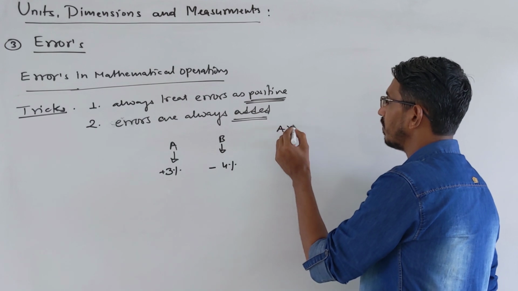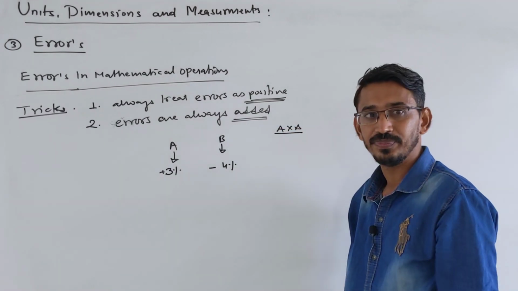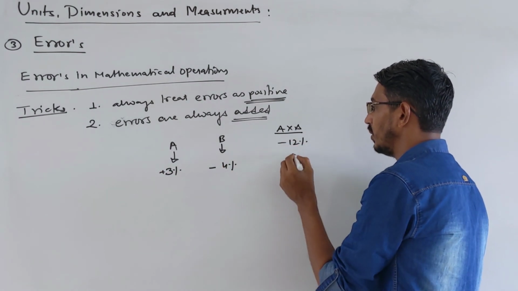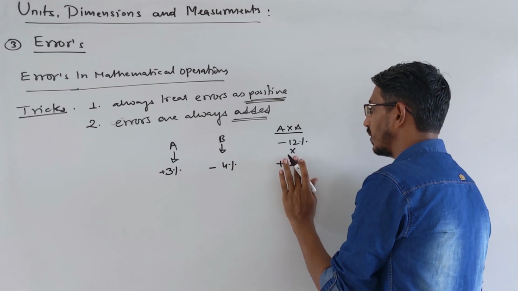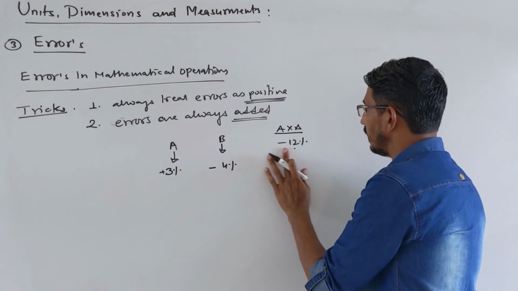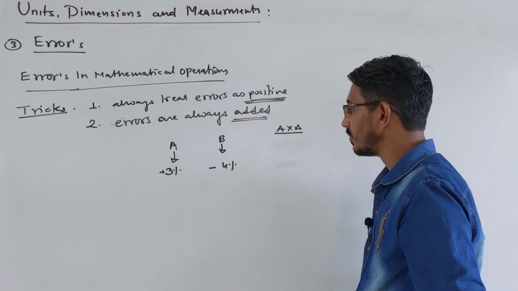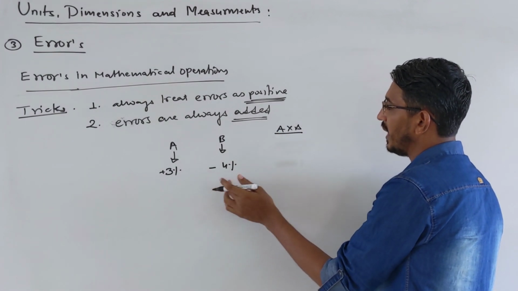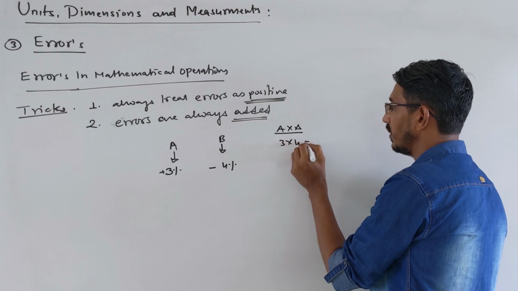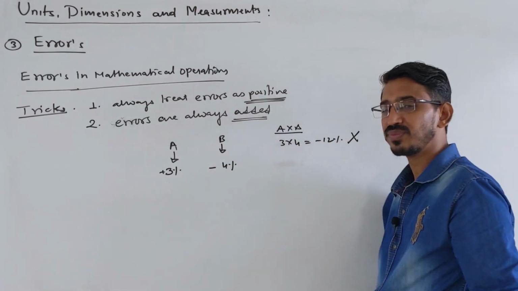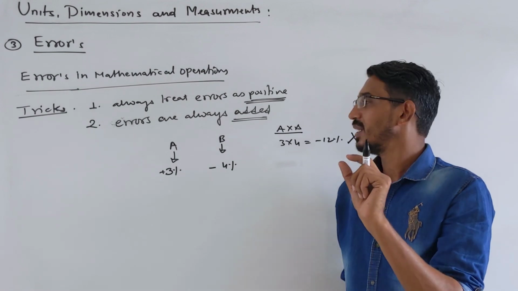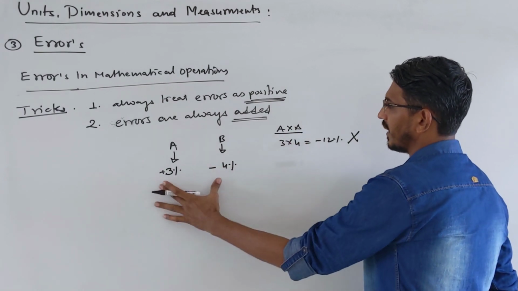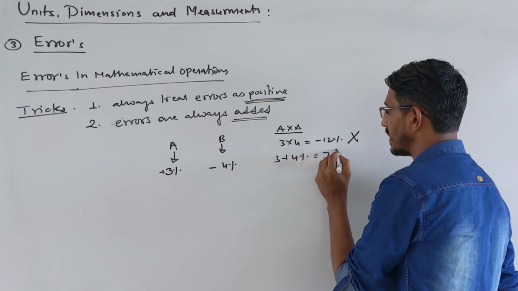Now I ask you to do some operation. Let's multiply the errors of these two students, A into B. What is the answer? You might say 3 into 4, minus 12. Right? No, the answer you have to write is plus 12%? No, just a minute. I am asking to multiply the errors of the students. You might say the answer is mathematical, like 3 into 4, minus 12%. This is wrong. There is a simple rule that errors are always added. You have to add the errors like 3 plus 4%. What is the answer? 7% is the answer.